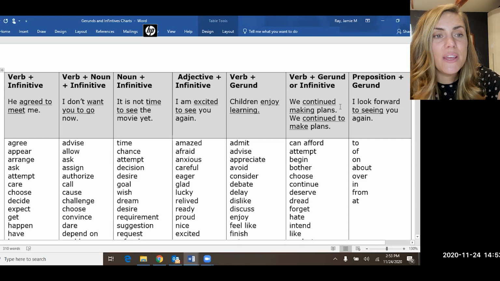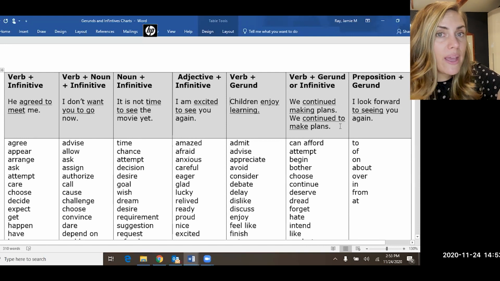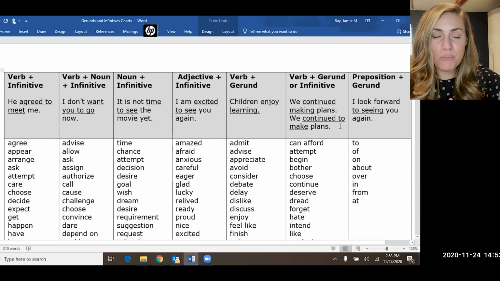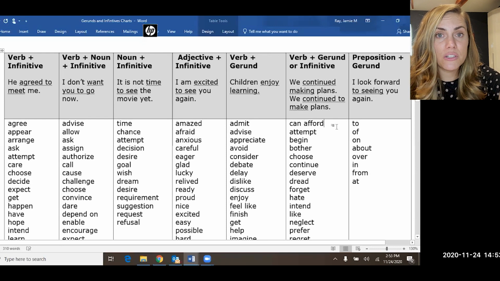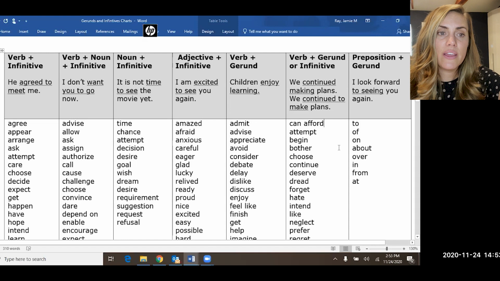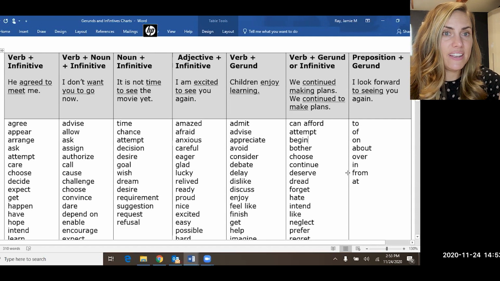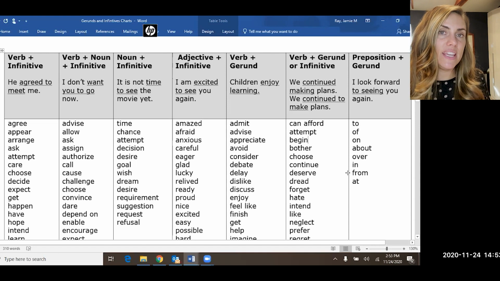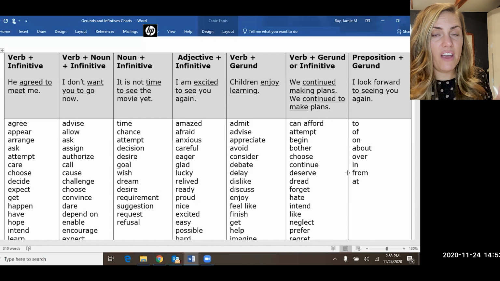We continued making plans, or we continued to make plans. Both of those have completely the same meaning. They're completely fine, okay? I can afford to travel, or I can afford traveling. Those are both okay. I attempt to help you. I attempt helping you. Let's begin to meet. Let's begin meeting. See, these have the same meaning even though it's a gerund or an infinitive after these verbs,